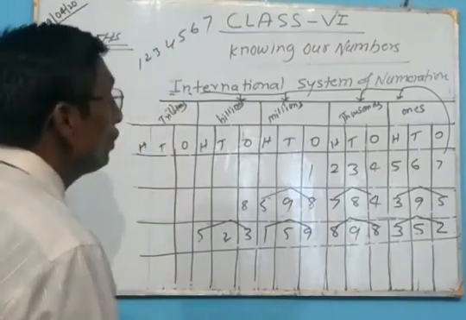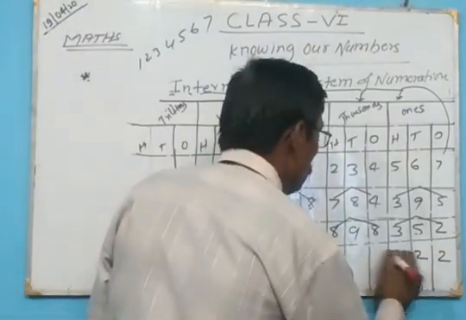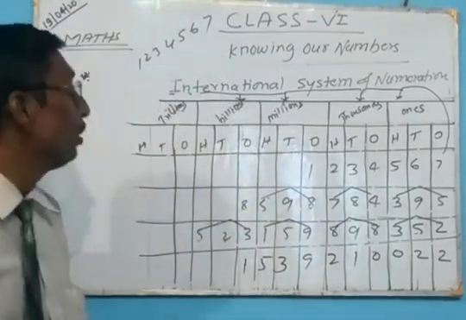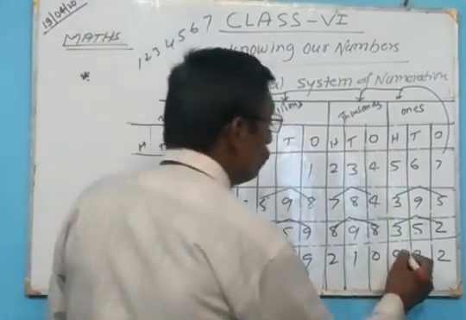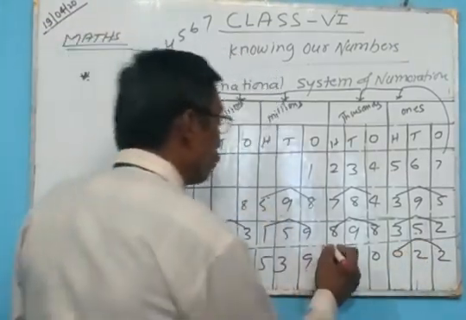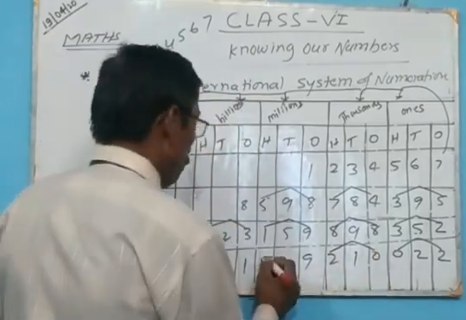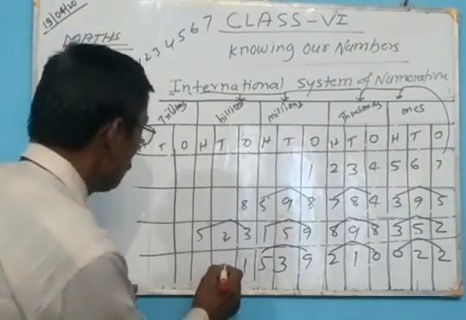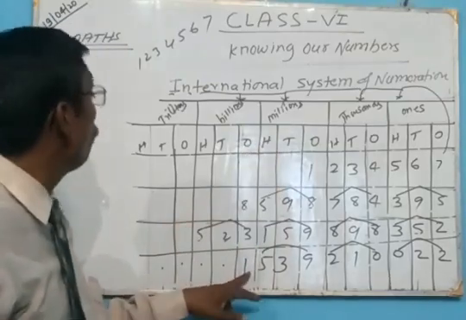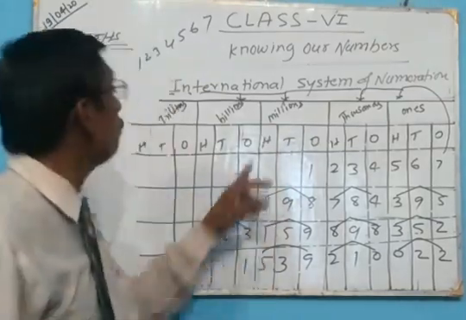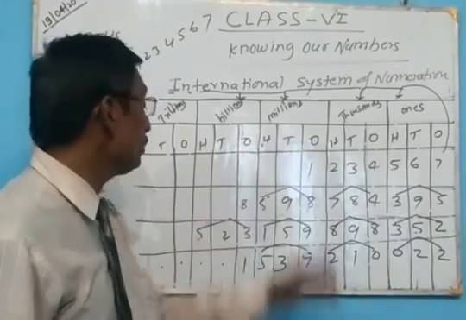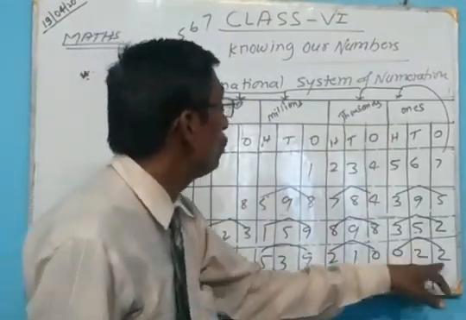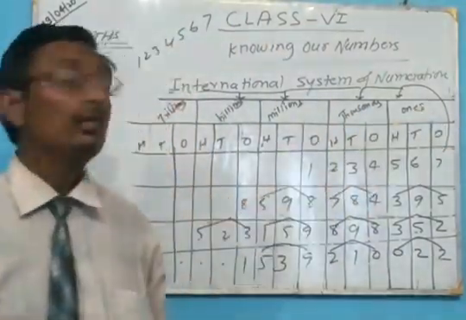Then come on to the other example: 2, 3, 0, 0, 5, 1, 2, 9, 3, 5, 1. How can we represent it? 22 at ones place, 210 at thousand place, 539 at millions place, and 1 at billions. So we can say that this place is blank. So 1 billion, 539 millions, 210 thousands and 22 ones. We can see it like this.